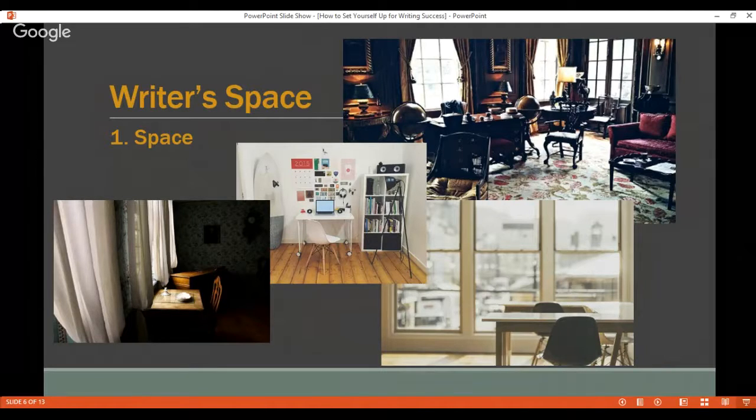So whatever you need for your space, that's the first thing that I want you to do. I want you to set up your space. If that means clearing off part of a table, if it means getting your desk tidied up, if it means setting up your nightstand with your writing things so that you can write while you're lying down in bed. Some people like to lie down in bed to write. If it means creating a standing desk because you like to stand up to write, okay, get that to happen. A bookshelf, if you've got a short bookshelf, the top of a bookshelf can make a great standing desk.